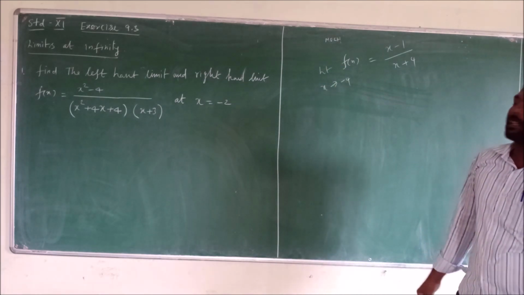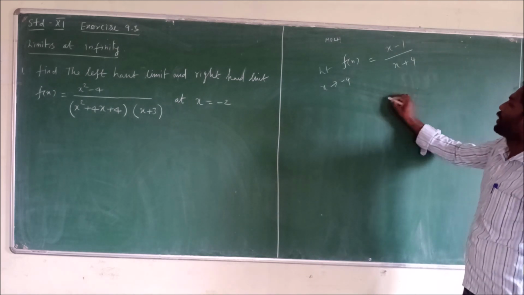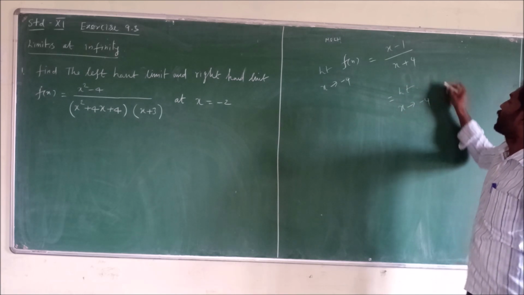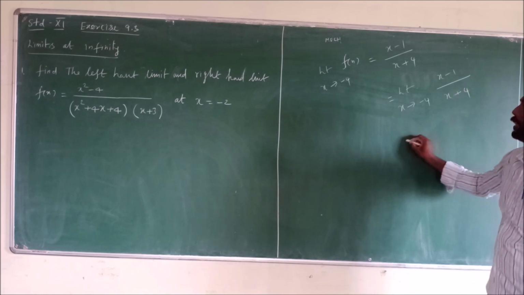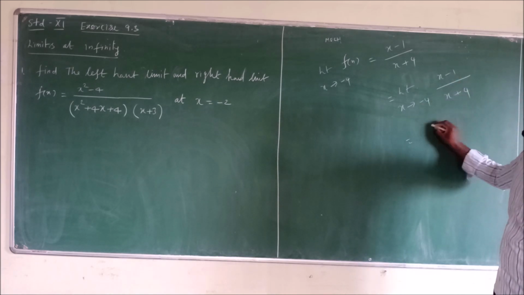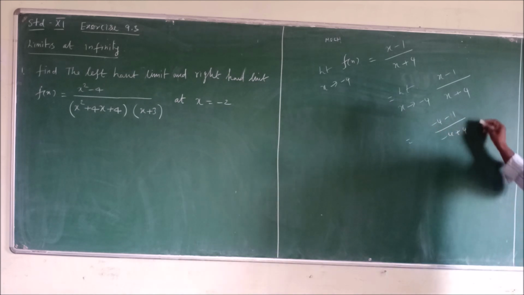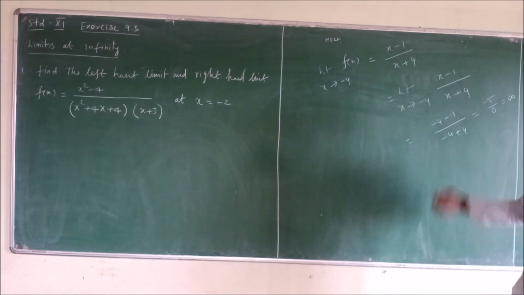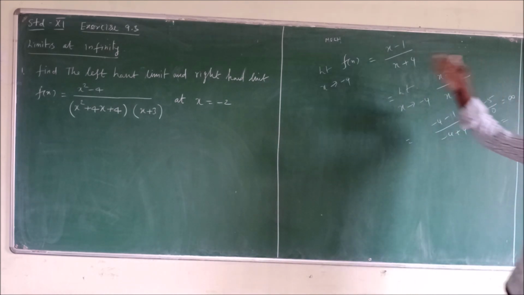It means that applying the limit as x goes to minus 4, we replace x with minus 4 in the given function. The limit as x tends to minus 4 of (x minus 1) by (x plus 4) equals (minus 4 minus 1) divided by (minus 4 plus 4), which equals minus 5 by 0, which equals infinity. Anything by 0 is infinity. So it is called limit at infinity.